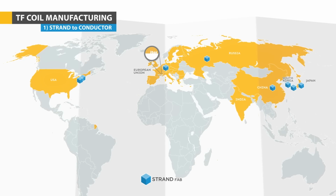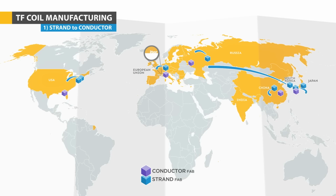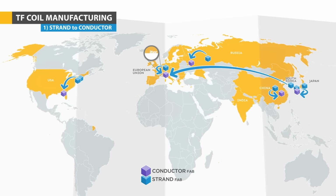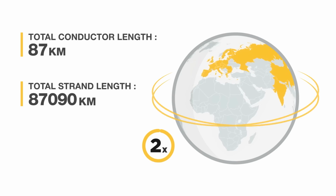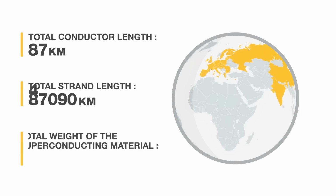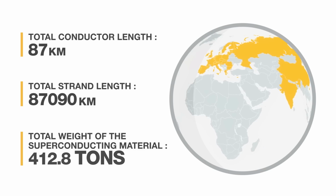Unprecedented niobium-tin strand and conductor production volumes had to be mastered, and therefore the TF conductor production has been shared among 6 DAs and many suppliers distributed all over the world. In total, 87 kilometers of TF conductor and more than 400 tons of superconducting niobium-tin strand have been produced for